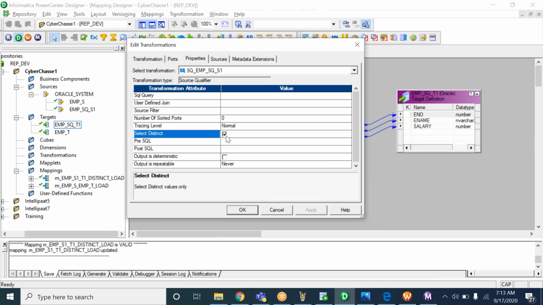It will avoid duplicates. No. Okay, so we'll see what is the difference between writing a distinct query here to select the distinct records, and going for the Select Distinct checkbox.